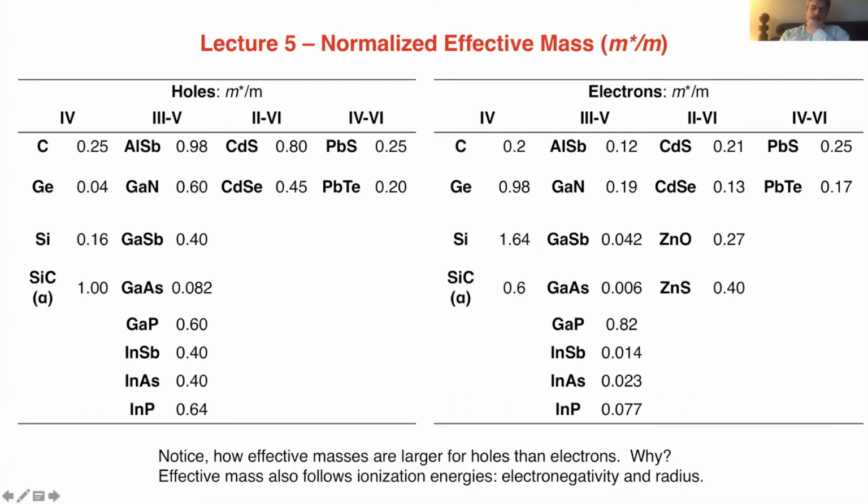So when I look at these numbers and I see that electrons are lighter than holes, it means that their wave functions are not just sitting on top of the nuclei, but also in between the nuclei. And that implies that the bonding for the wave functions that carry the electrons